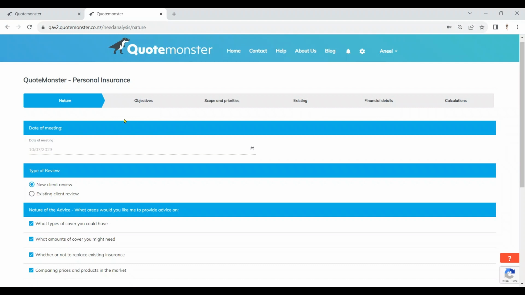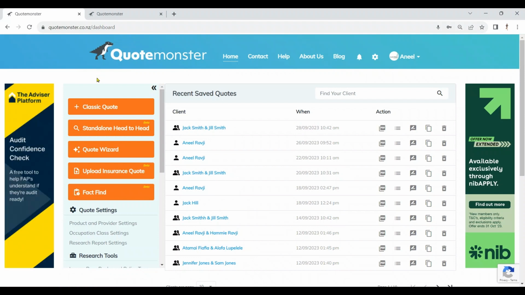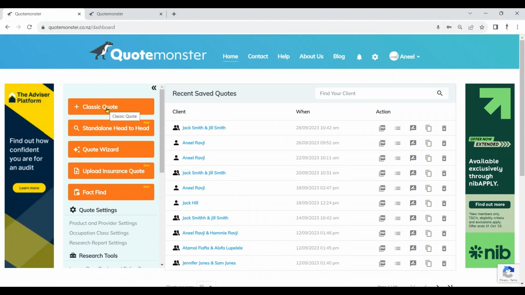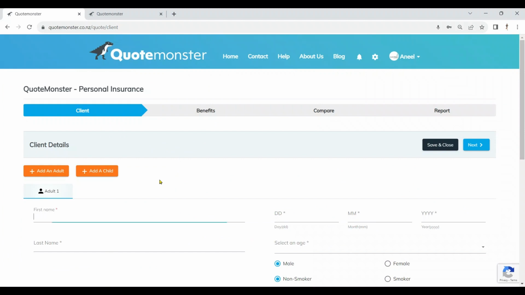In this session, we're going to talk about the nature of advice that we're going to provide to our customers and what we need to do on this particular section. To demonstrate how we're going to do this, I'm going to use an example, and I'm going to create this example using our classic quote, and I'm going to enter our client's details. I'm making a client up here,